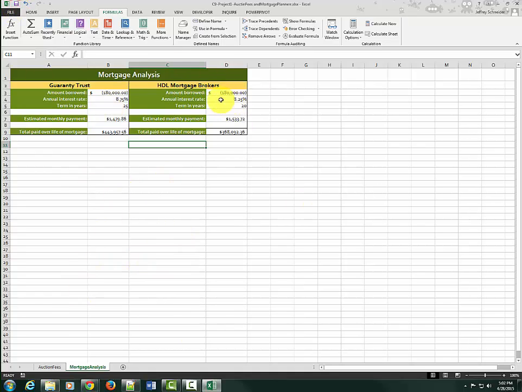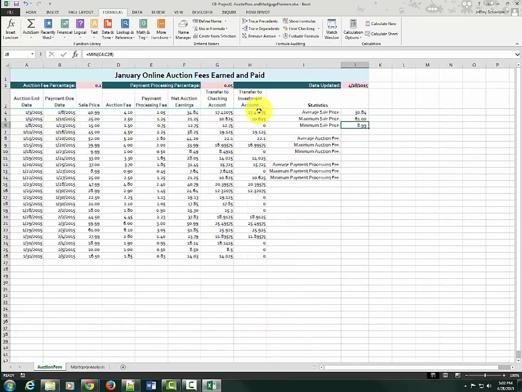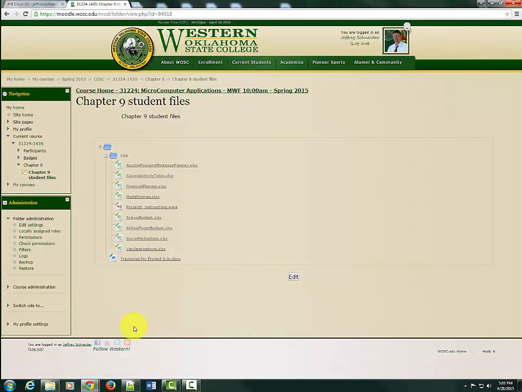Now again, make sure that we've filled in all the blanks. Drop back into the auction fees. This looks correct. You'll have filled these in. If this is all done, go ahead and save this document, close out Excel, and submit this back into Chapter 9,